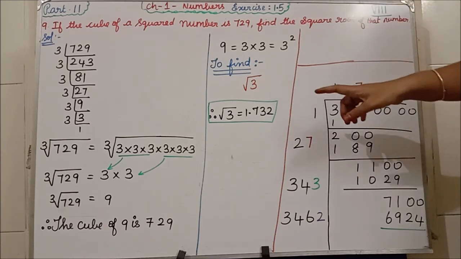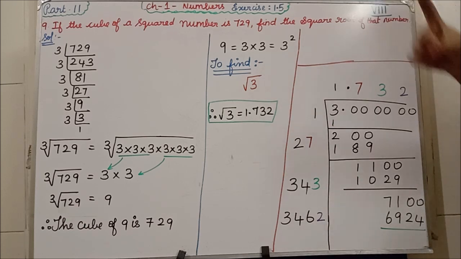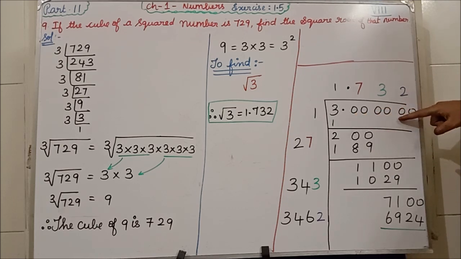Now I am going to find the square root for this 3 using the long division method. Listen to it carefully. I am having only the value 3. See, after 3 itself, keeping the decimal, I am adding 2 zeros 3 times. Why? Because after the decimal we need 3 values. So I am adding 2 zeros first, then again 2 zeros, and again 2 zeros. Clear? Because in long division you have to bring down two numbers, isn't it? So only I am adding 2 zeros.